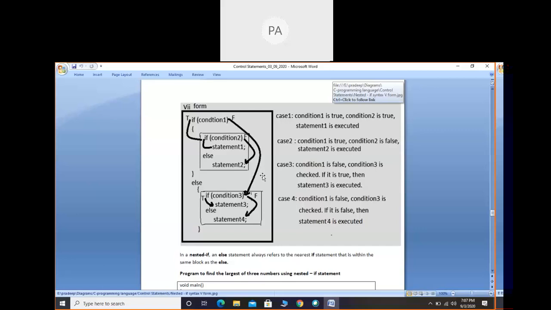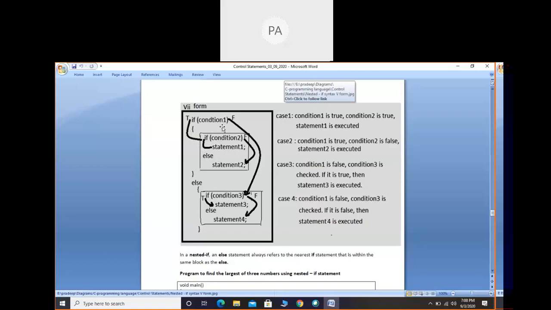That is, simple if else and nested if. And after this, one more part is there for if else, that is the else if ladder. So that we will see. So in this particular form, if you look at the arrow marks, if condition 1 is true, it enters inside the if block, which I have written in the box. So that is one if else set we can consider.